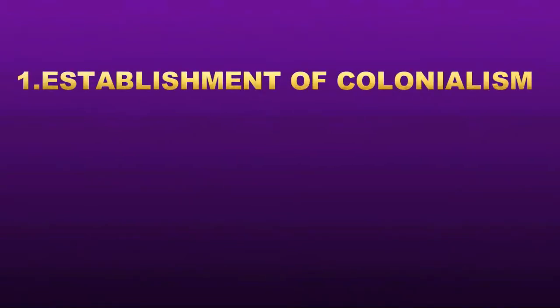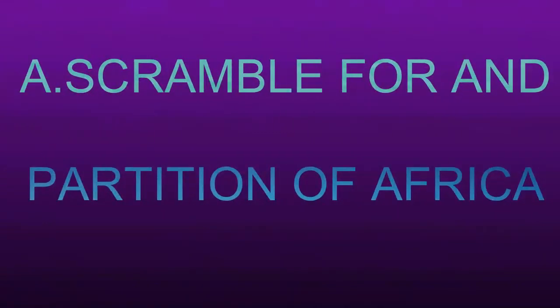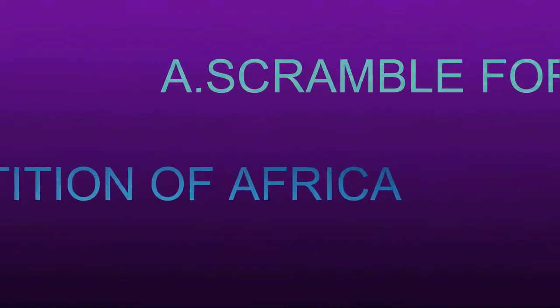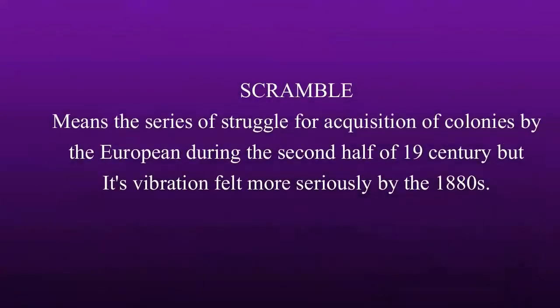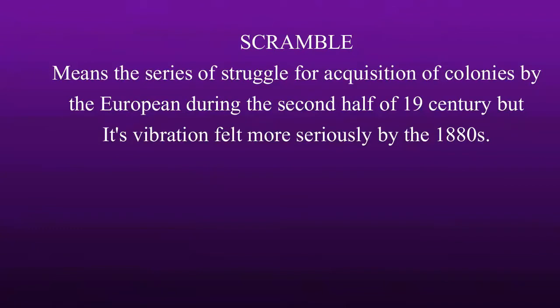Let us make a summary about what has been started. Our topic was the establishment of colonialism. This was the first topic for Form 3. We started to look at a subtopic called the scramble for and the partition of Africa. What is scramble? We mean a fierce struggle for the acquisition of colonies by the Europeans,